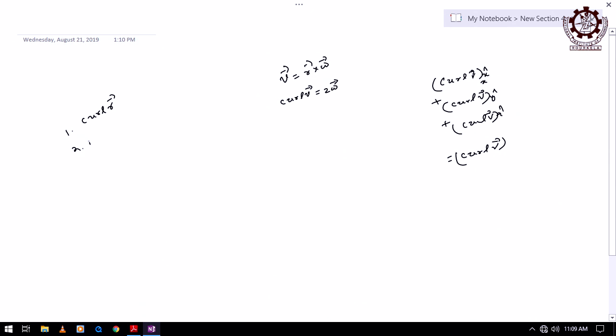Then if a vector A is equal to 2xz squared x cap minus yz y cap plus 3xz cubed z cap, then find del cross A and del cross del cross A, these two at the point